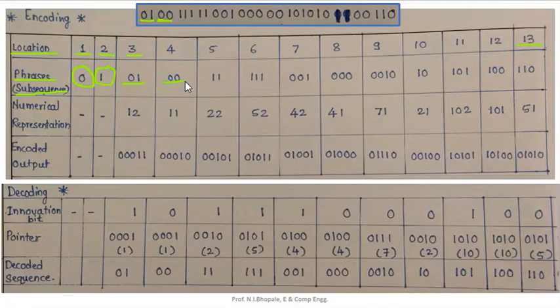That is 00. So 00 was not covered in the earlier cases, therefore we will store 00 at location 4. In the same way, if I look at the next bit in the sequence, here it is 1. If I consider 1, it is already stored at location 2. If I form this pair 11, 11 can be stored at location 5. After that, 1 1 is already covered, so 1 1 is the group which I can select. So 1 1 is stored at location 6.